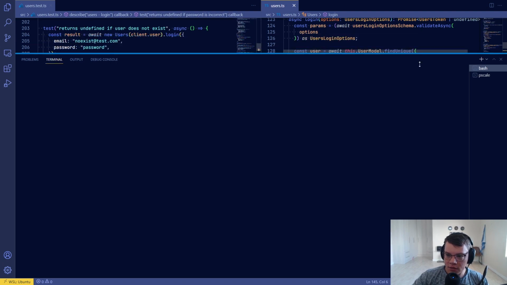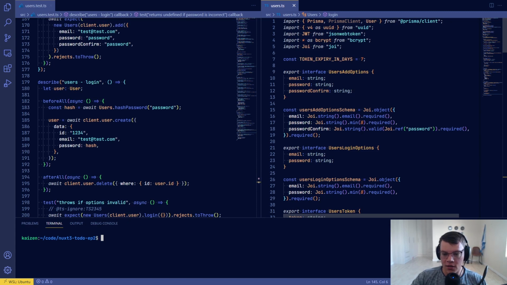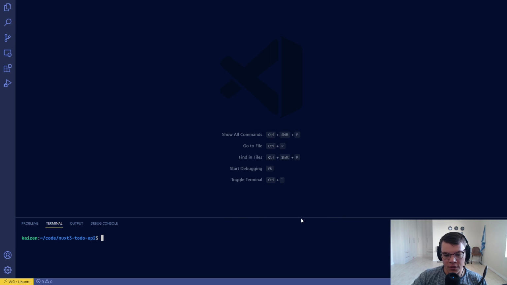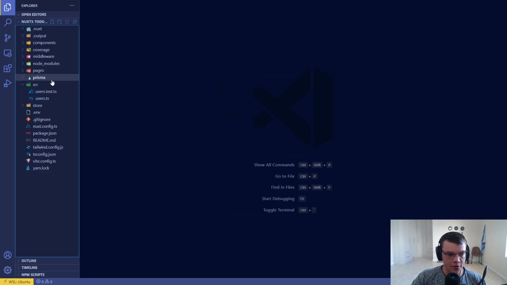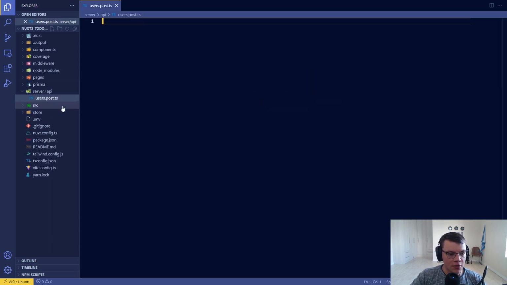And now we can actually get back to some Nuxt code, because now we've created and tested our user entity. We have everything we need to do authentication. So I'm going to start with the server. So in Nuxt3, if you create a server folder and you create an API folder, so I'm going to say API/users.post.ts, and what this is going to do, it's going to automatically create a post method endpoint on